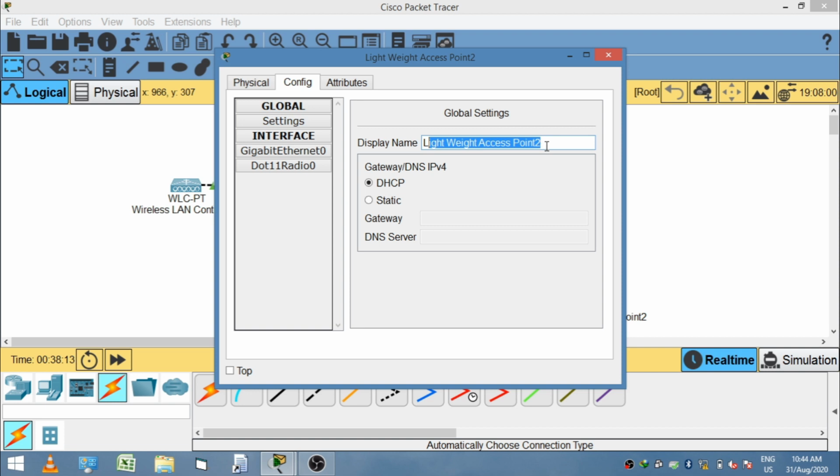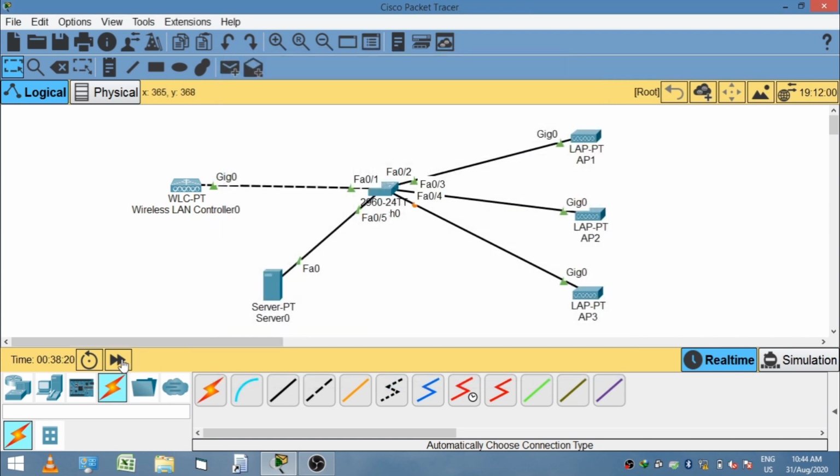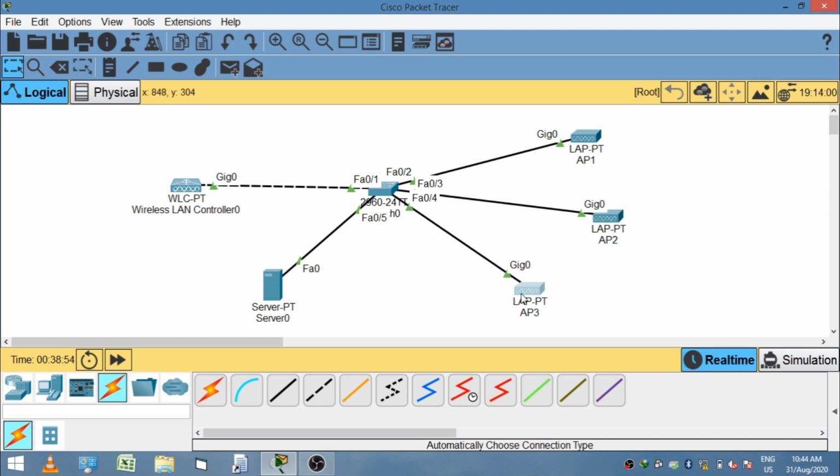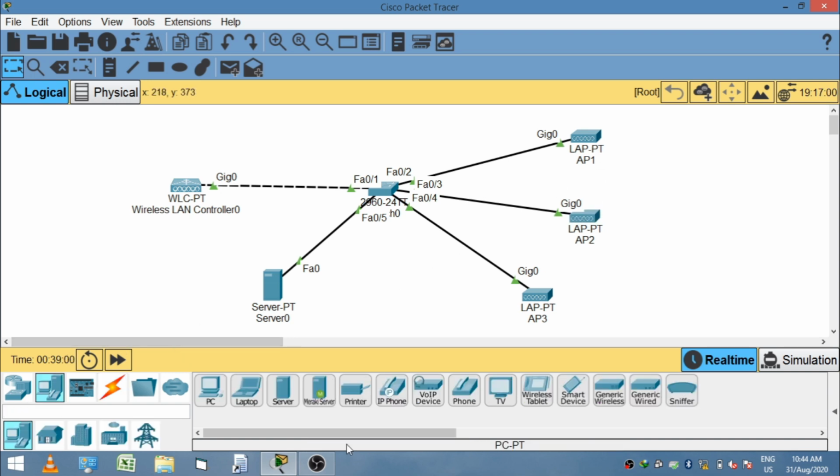Next go to the lightweight access point 3, go to the config tab, add the power module, write the display name as AP3 and click on the DHCP radio button.